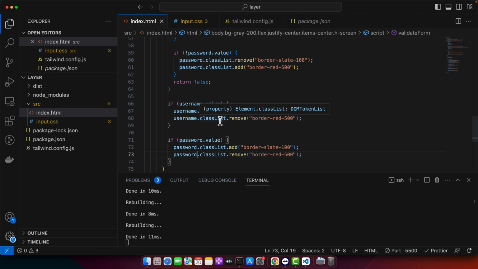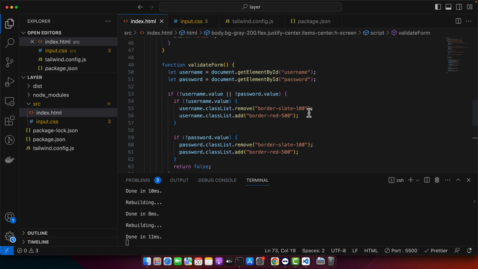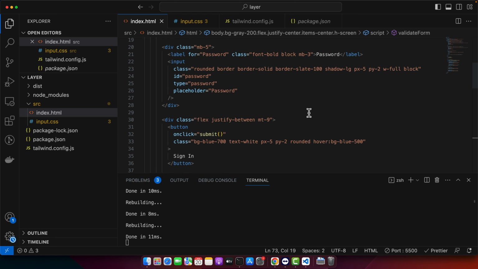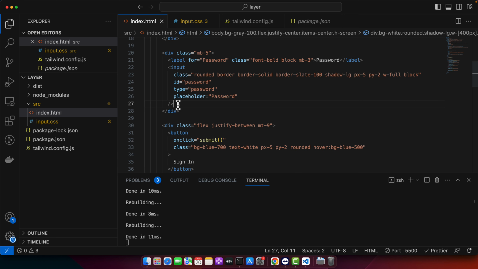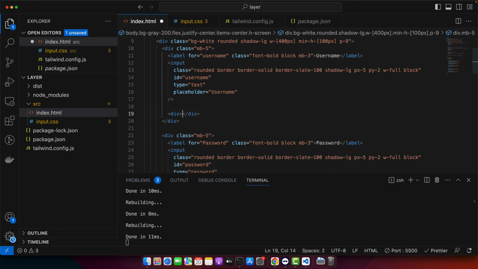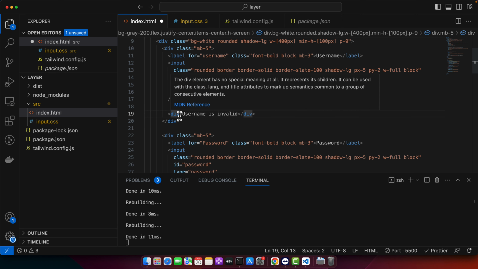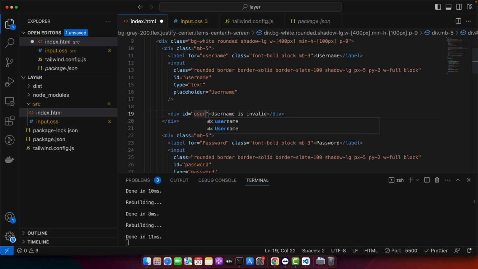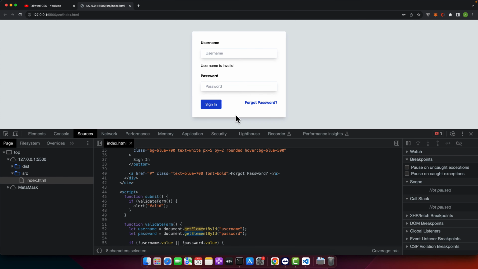Other than that, I also want to display the text message below the input. So if there is something wrong, then there should be a text that would indicate what is wrong. So for that, here I will add another div, and you can say username is invalid, and here I can give it an ID, username error. Okay, and now I need to add some classes to design it. For example, margin top 5, and